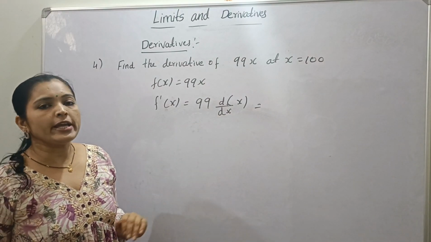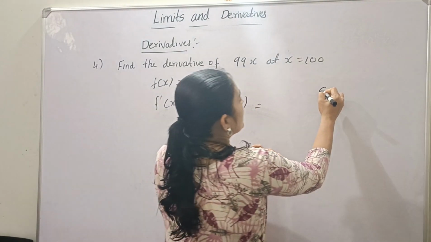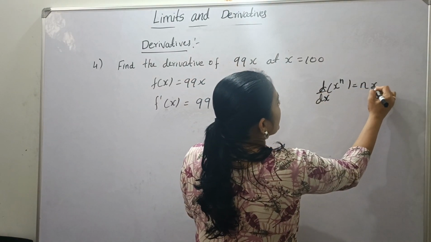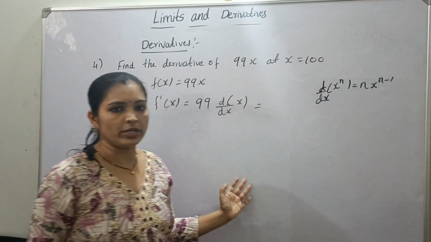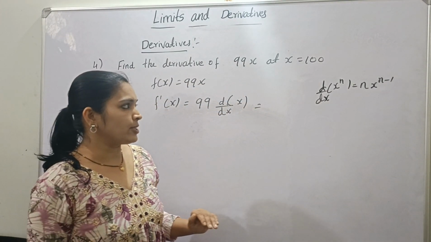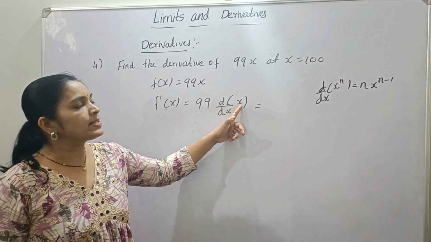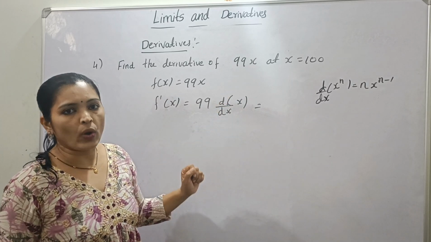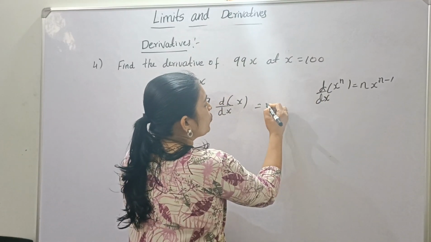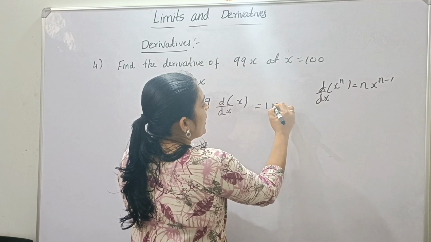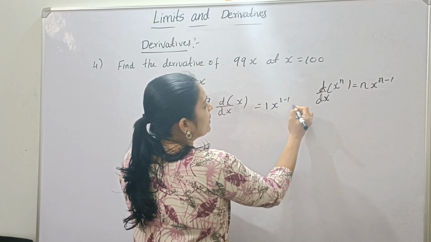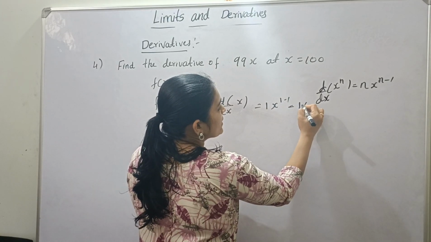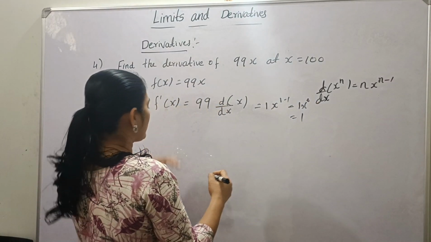So d by dx of x raised to n is n into x raised to n minus 1, just before we proved it, right? Here d by dx of x is x raised to 1, so n is equal to 1, into x raised to 1 minus 1, that is 0. That is equal to 1 into x raised to 0, that is 1. So 99 into,